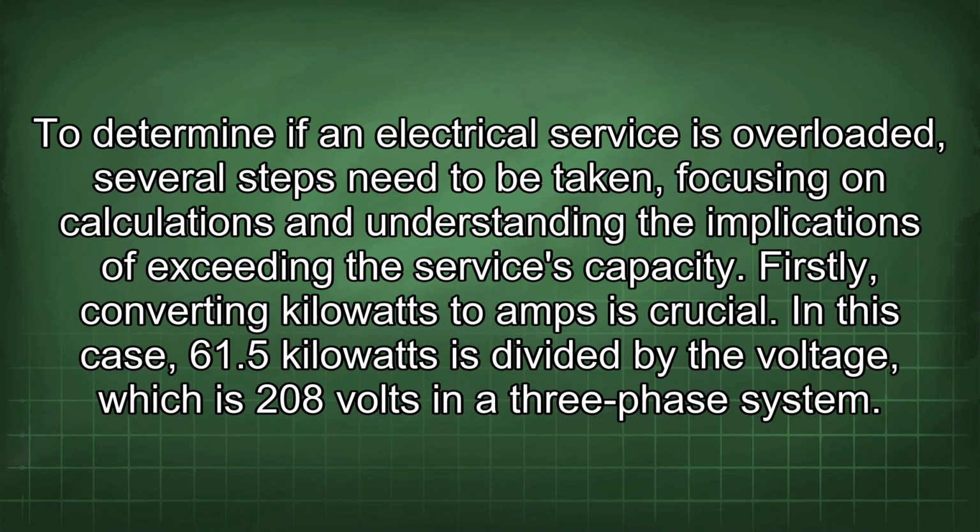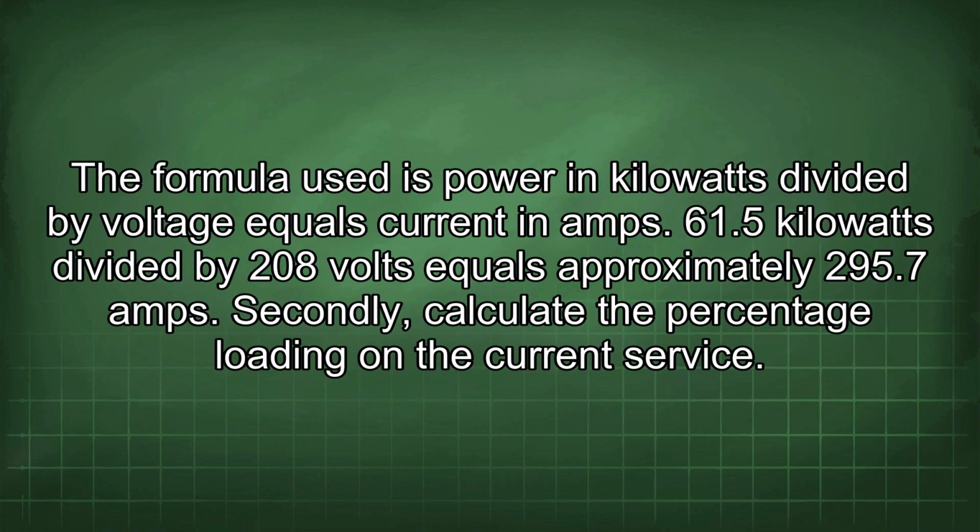To determine if an electrical service is overloaded, several steps need to be taken, focusing on calculations and understanding the implications of exceeding the service's capacity. Firstly, converting kilowatts to amps is crucial. In this case, 61.5 kilowatts is divided by the voltage, which is 208 volts in a three-phase system. The formula used is power in kilowatts divided by voltage equals current in amps. 61.5 kilowatts divided by 208 volts equals approximately